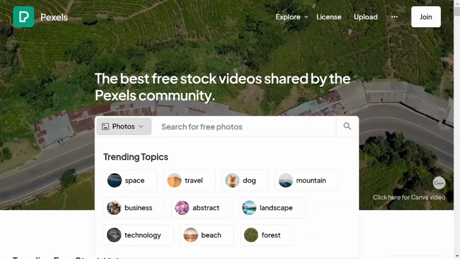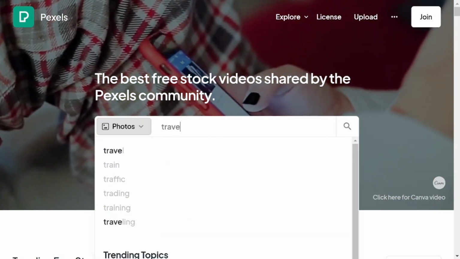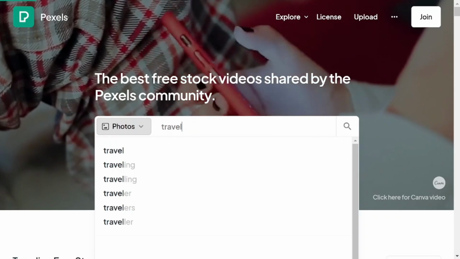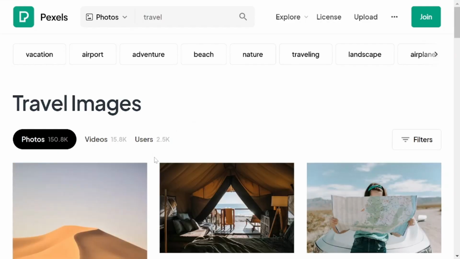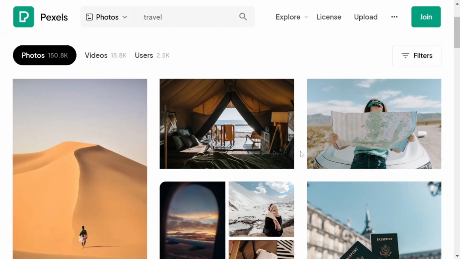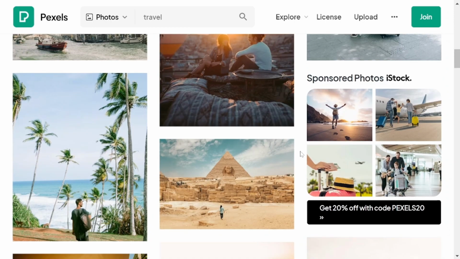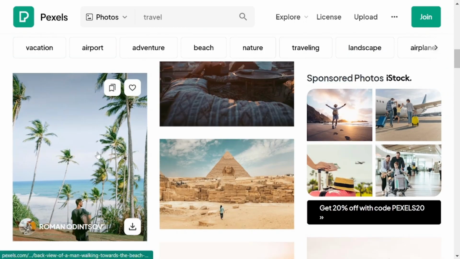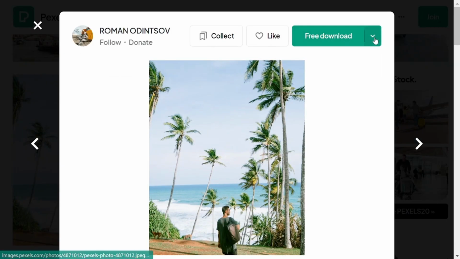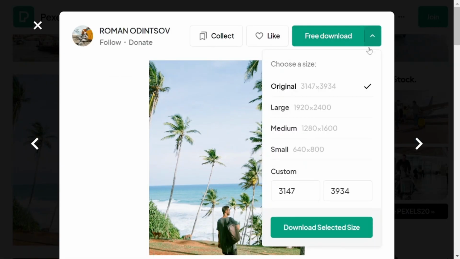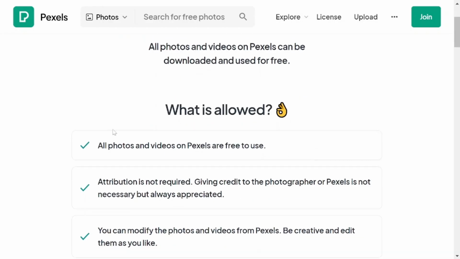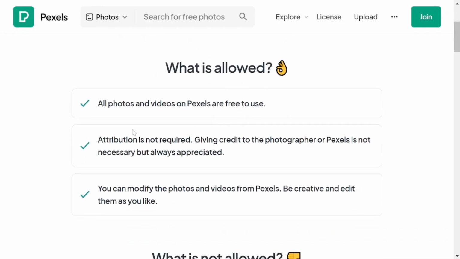Once there, you can explore their vast collection by browsing categories, searching for specific keywords, or even exploring curated collections. Pexels makes it incredibly easy to find the perfect visual elements for your projects. When you find an image or video you like, you can download it in various sizes or resolutions to suit your needs. You can see that the photos and videos on their website are free to use for your personal